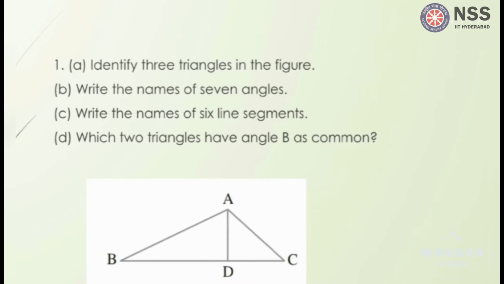Classwork. Identify three triangles in the figure. Write the names of 7 angles. Write the names of 6 line segments. Which two triangles have angle B as common? Refer to the above lectures